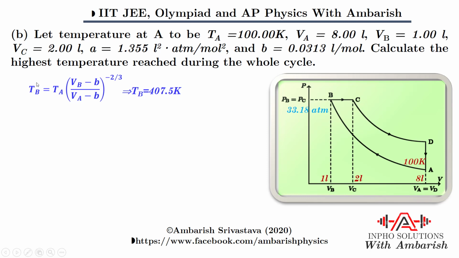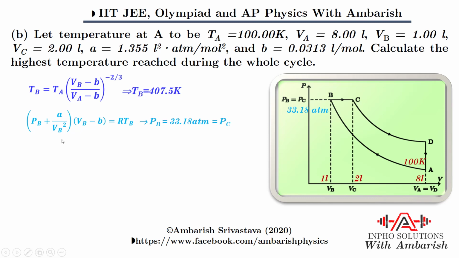So before that, the temperature at B, we found this expression in the previous part. And if you solve by putting in the values of Vb and Va that are given in the question, you get the temperature at B as 407.5 Kelvin. So we know the temperature at this point, right? Now, how do we proceed further? So now once you know the temperature at B, you can easily find the pressure at B, which is the same as the pressure at C. Okay. So the temperature at B is known, so the pressure can be found by the van der Waals equation.